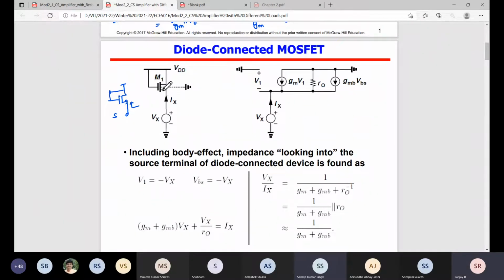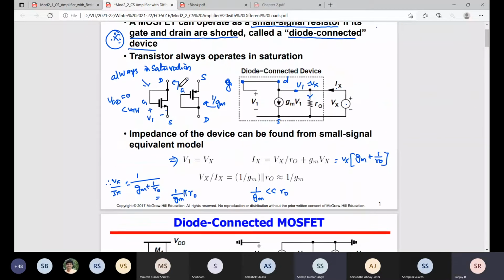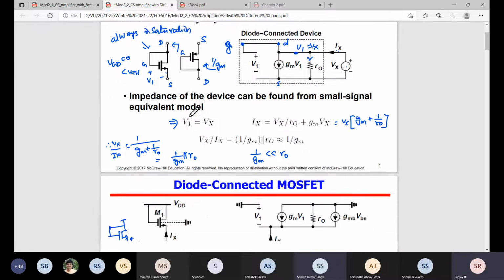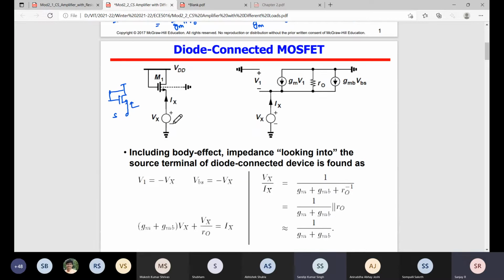So looking from here, what is the impedance? So how do you find it? Where you are looking, apply the Thevenin voltage, find the current. Voltage by current equals impedance. Now we are looking from the source. So apply the Thevenin voltage, find the current coming from that voltage. So Vx by Ix will give the impedance looking into the corresponding terminal. Fine. So apply Vx, Ix, and replace this by the small signal equivalent. VDD will become ground, AC ground.